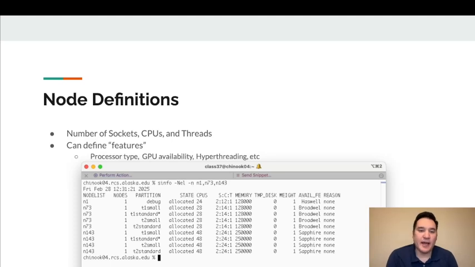So this image is an example of UAF's nodes, just an example of 3 different types of nodes. When you run this sinfo -Nel command, you can give it node names, and it will display the node name, the partition that it's in, what state it is, if it's allocated, if it's idle, if it's down, the number of CPUs it has, the number of sockets, cores, and threads available, the total amount of memory in kilobytes,